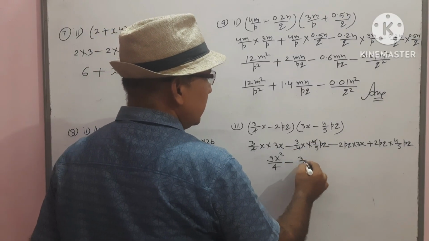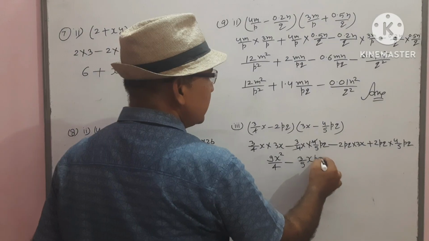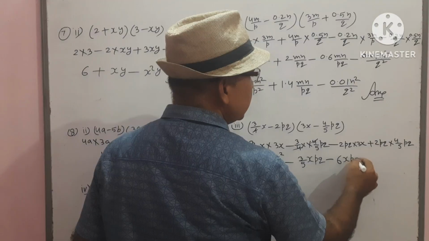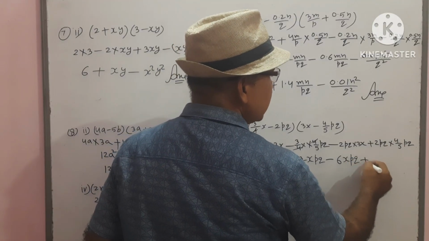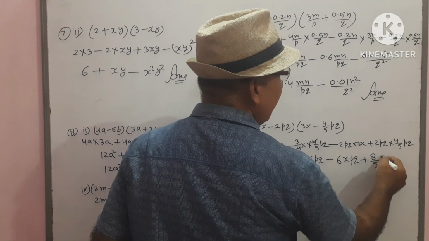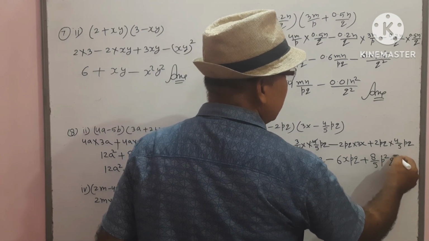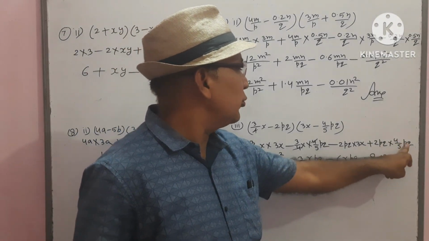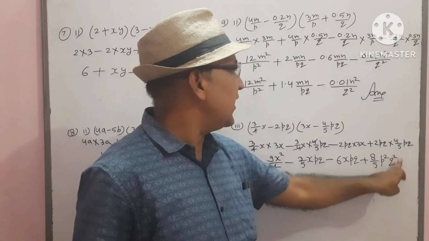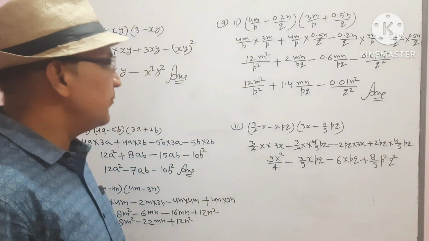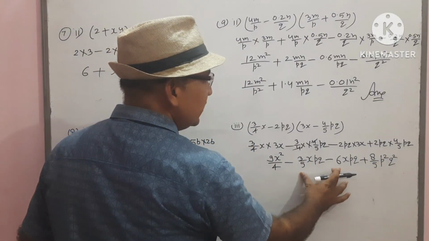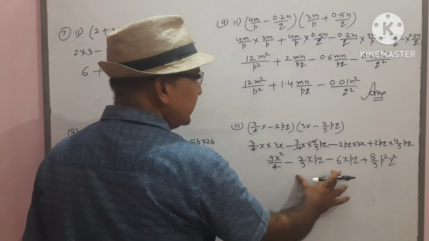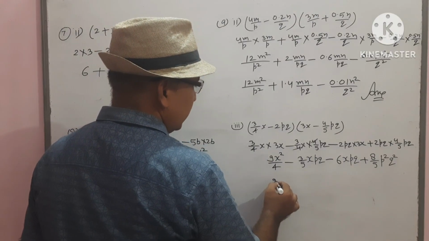So we are getting minus 3 by 5x into pq, minus 2 into 3 is 6xpq, plus 2 into 4 is 8 upon 5. p into p, p square. q into q, q square. Okay? 2 into 4 is 8. p into p is p square. q into q is q square. 5 is remaining in the denominator. Now we are watching that this middle term is same. Are you watching? xpq means these two can be solved. So solve this.